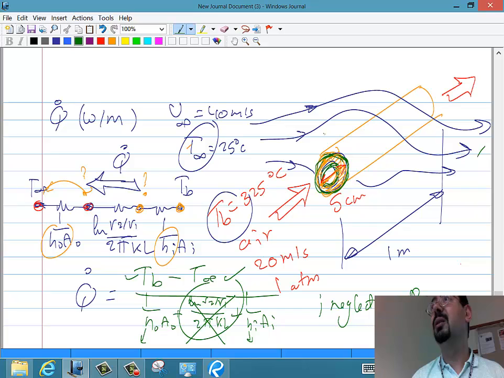Right? If you neglect 1 over h out, area out, you'd say it's just a very, very small resistance. You would just make Ts equal to 25. All right? So long story short,